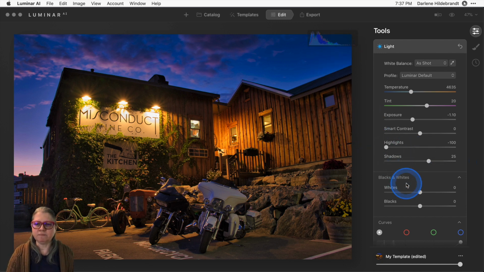Watching my histogram, I can also turn on what's called the clipping warning with the J key. So clipping, just to bring this highlight up for a minute, the clipping warning will show you areas that have no detail, meaning that they've gone off the graph either at the top end or the bottom end. So anything that is red, like you see here on the sign and the lights, means that it's white with no detail.